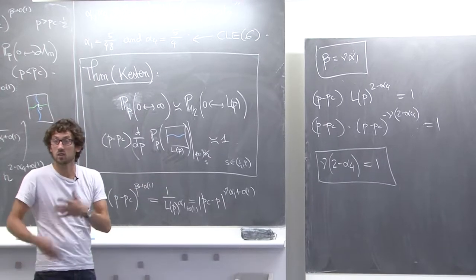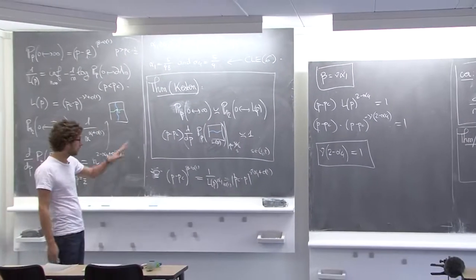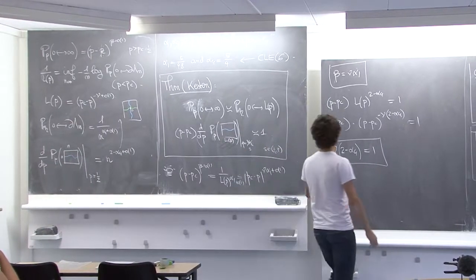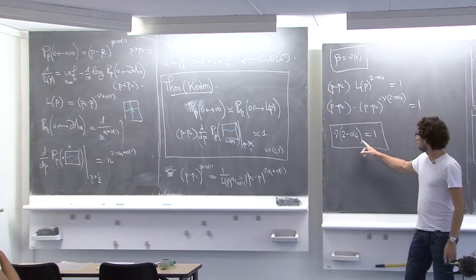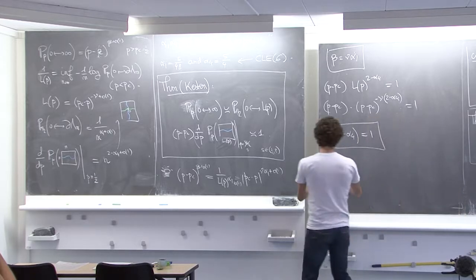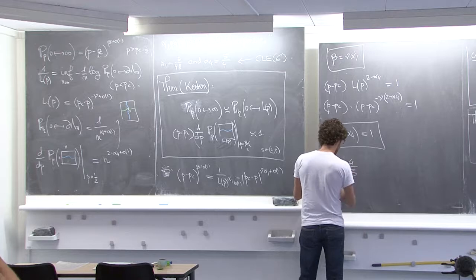And once again, this is not a proof. This is just heuristic. Turning this into a proof is complicated, but it really follows the intuition I gave you. Okay, we have these two scaling relations. How do we conclude? Well, this, from alpha 4, gets me nu. So it gives me nu times 3/4 equal 1. So it gives me nu equal 4/3.